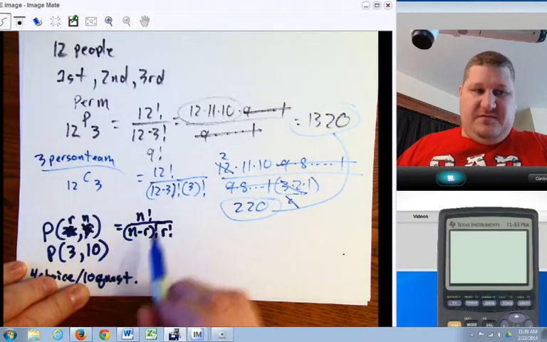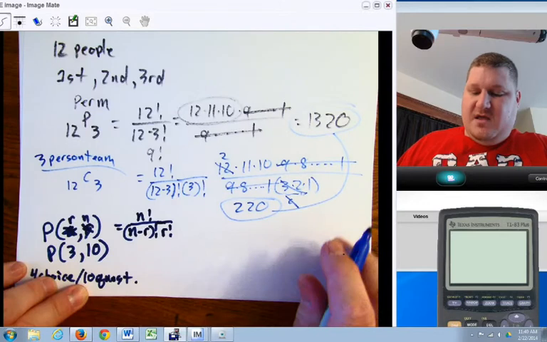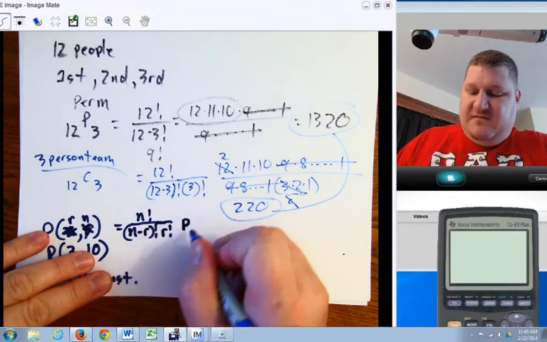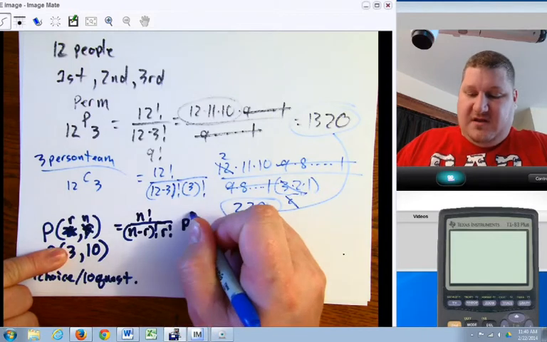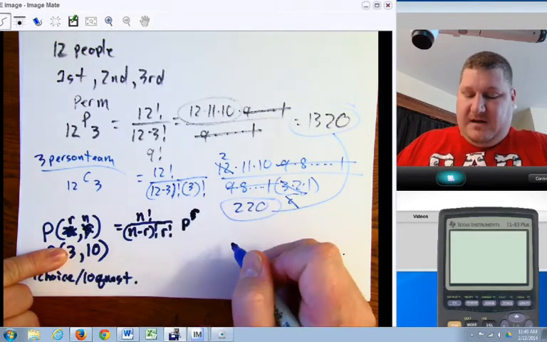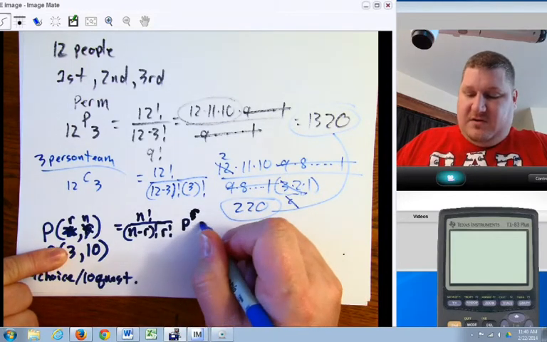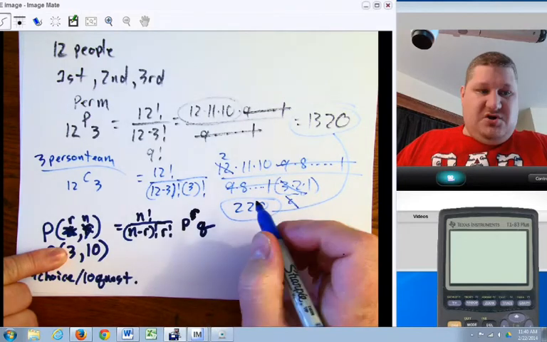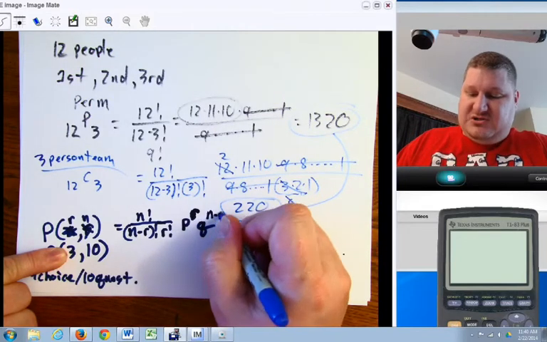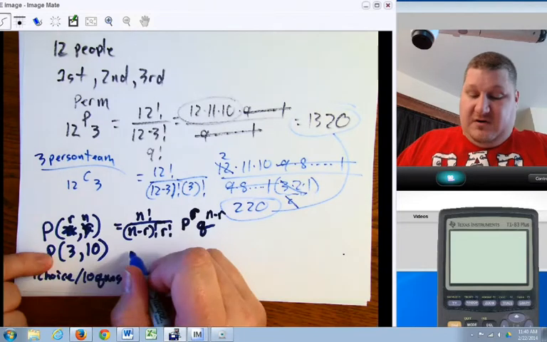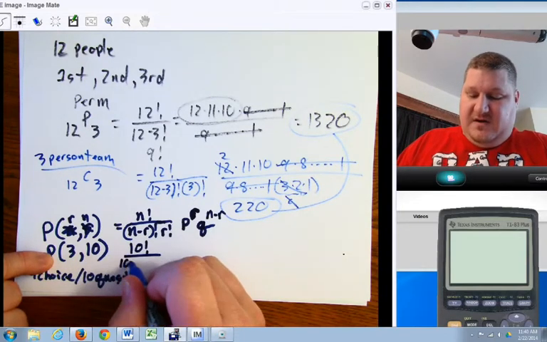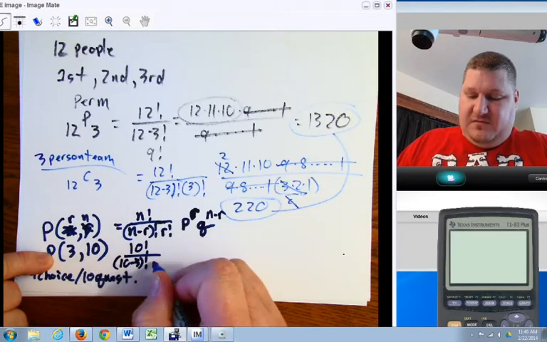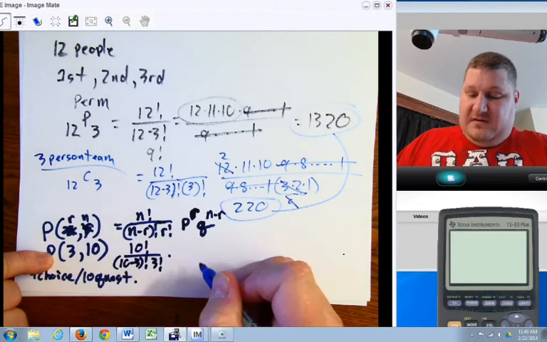That's how all this ties together. Additionally, I say p, that's the number, right? So how many did I want? I wanted 3, so it'd be r. Out of wrong is q, so that's going to be n minus r. So in our case, we're going to say 10 factorial over 10 minus 3 factorial, 3 factorial, times,